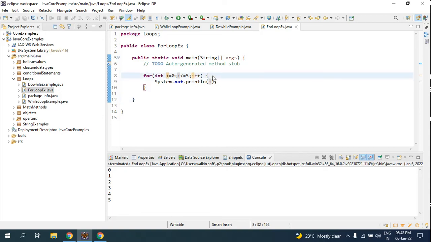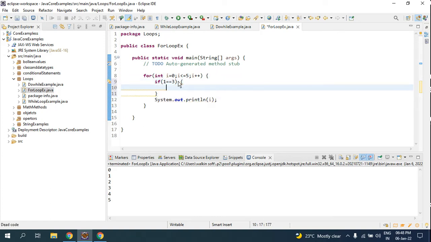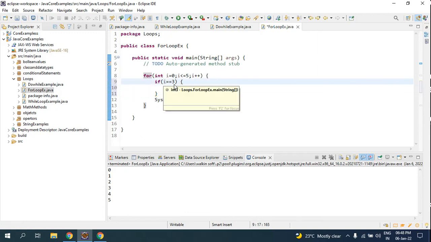All you have to do is use that if condition and assign the value i equals 3. When i equals 3 you will be having fruits. At that time I need it to be stopped, so you'll be using the break statement. Look, I have used 1, it is not 1, I have to give i. So when the i value reaches 3 the loop should break. So now you have values 0, 1, 2, 3, 4, 5. Next time when you run this application, when the value of i gets to 3 the loop will break.